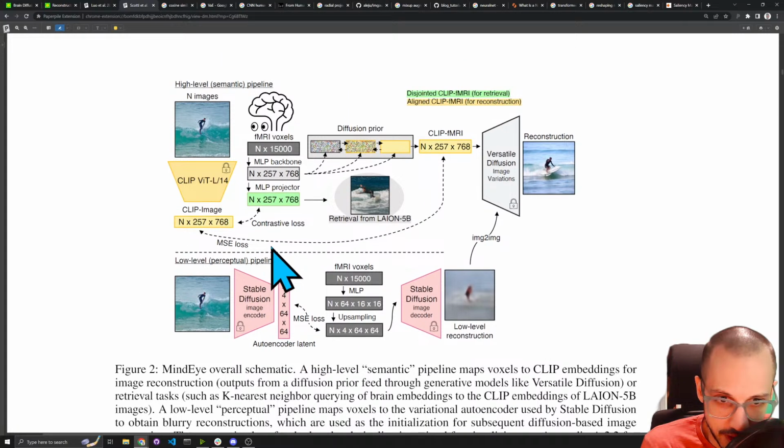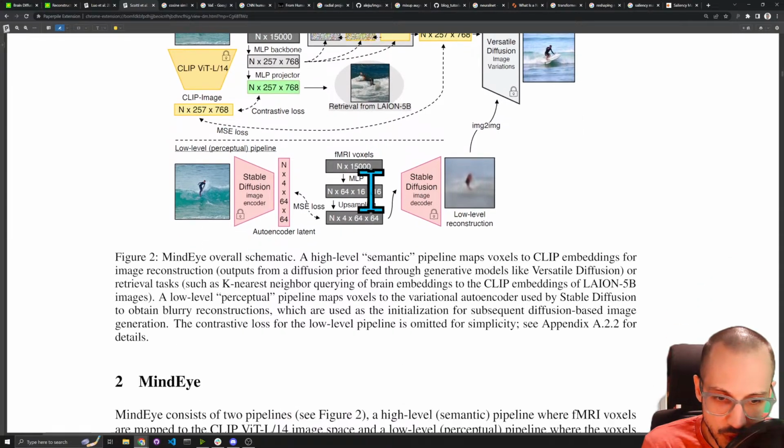So notice how all the different image encoders are frozen. Notice how there's a lock here for the image encoder, there's a lock here for the image decoder, there's a lock here for this large vision transformer that's part of CLIP, there's a lock here for this Versatile Diffusion. This is also a diffusion process, I think that's what that means. I think they're taking this image here and using diffusion in image space conditioned on this vector here. That's probably what's going on here. So I think this is diffusion in the space of images, and then this is diffusion in the latent space. So that might be why